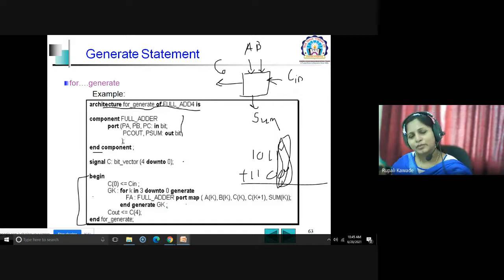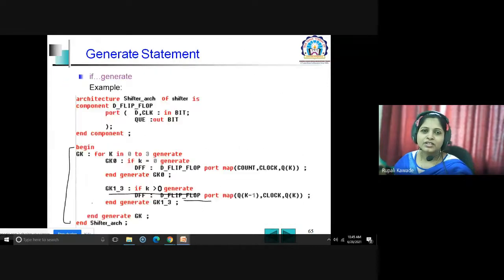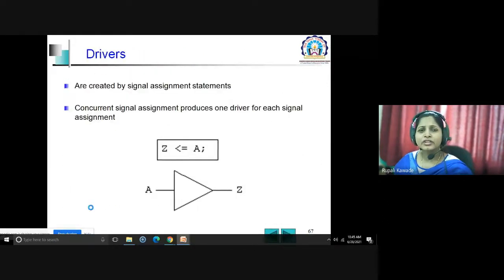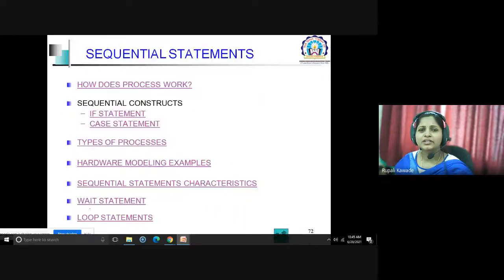There is no process, so we can say it is a concurrent statement. Okay, so till this point, we have seen the different concurrent statements that are present in VHDL. Then in the next lecture, we will start with the different sequential statements that we can write in VHDL code. Fine, we will stop here today.